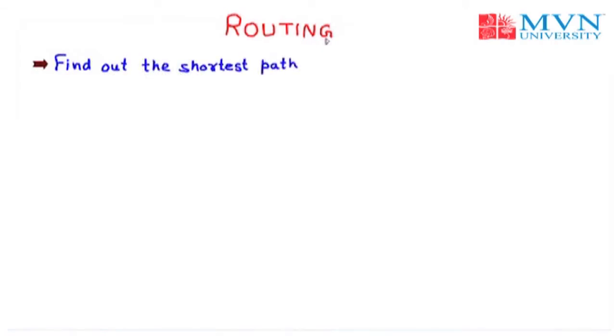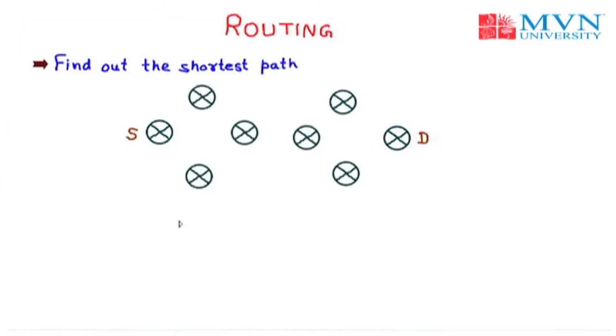To understand the first aspect, that is find out the shortest path, we are going to take the example of routers in which there is a connectivity from source to destination and we have to find out the path from source to destination. So let us suppose we have two routers. One is S, which stands for source, and the second one is D, which stands for destination. And between source and destination we have various routers and various interconnections. Now we are going to name them from the source as router A, then B, C, D, E, F, router G and H. So router A is our source and router H is our destination.